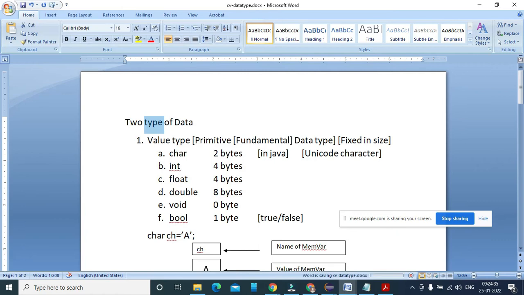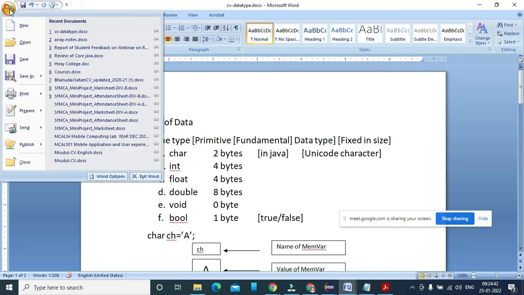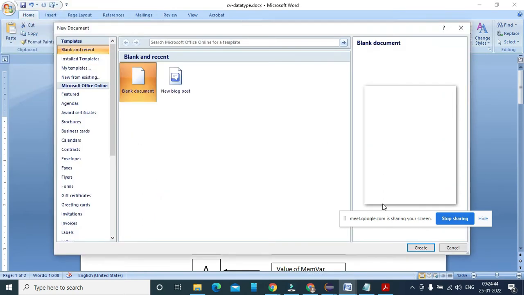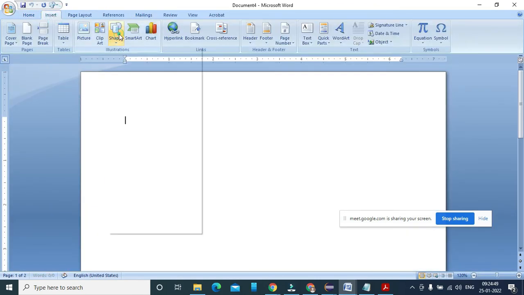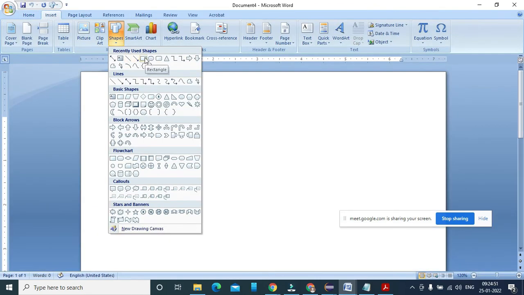I'm creating a new CV, concept visualization. So there are two kinds of variables inside the class.